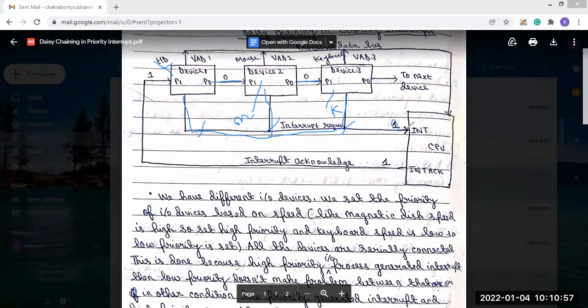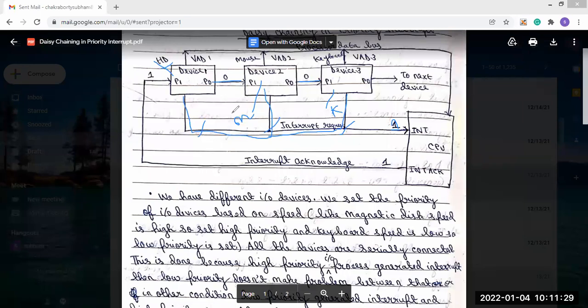If device 2 generates an interrupt, then the 1 will go to the CPU. And if device 3 generates an interrupt, then a 1 will also go to the CPU. If anyone generates an interrupt, then a 1 will go to the CPU.